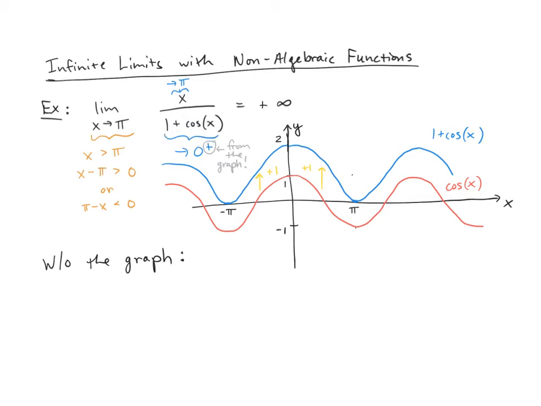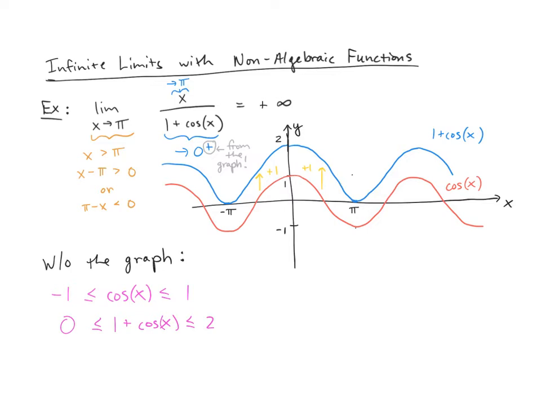the function. So a fundamental fact about cosine is that cosine of x is between 1 and negative 1. Okay, so this is a fundamental thing you want to keep in mind. And this is true also of sine. And so what we get directly from this inequality, right, we have our cosine here, I want 1 plus cosine, so I'll just add 1 to everything in this inequality. So I get 1 plus cosine of x is less than or equal to 2 and greater than or equal to 0,